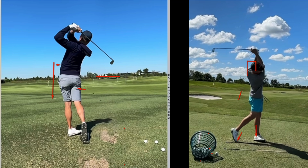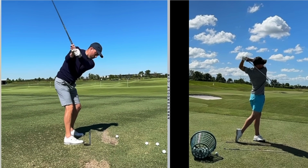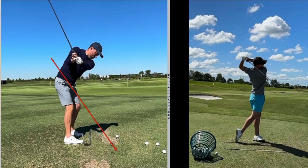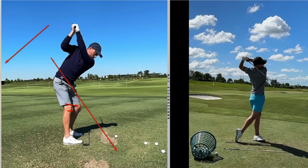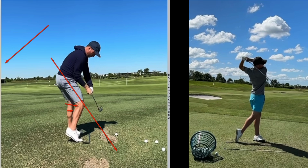He just needs to manage that aspect of his game, and ultimately, if you look at his Instagram, he's been practicing hard and working on that. You'll see Justin work a lot on this motion where he'll have a shaft on this sort of position, which will just, what that enables him to do is make sure that when he does get a little bit more drive through the knee, his bad habit will be that his club drops too inside just because he's not got the space there. So by putting that alignment stick or shaft out here, he's able to keep the club more outside his hand so he can get on top of it and get that hit back and avoid early extending